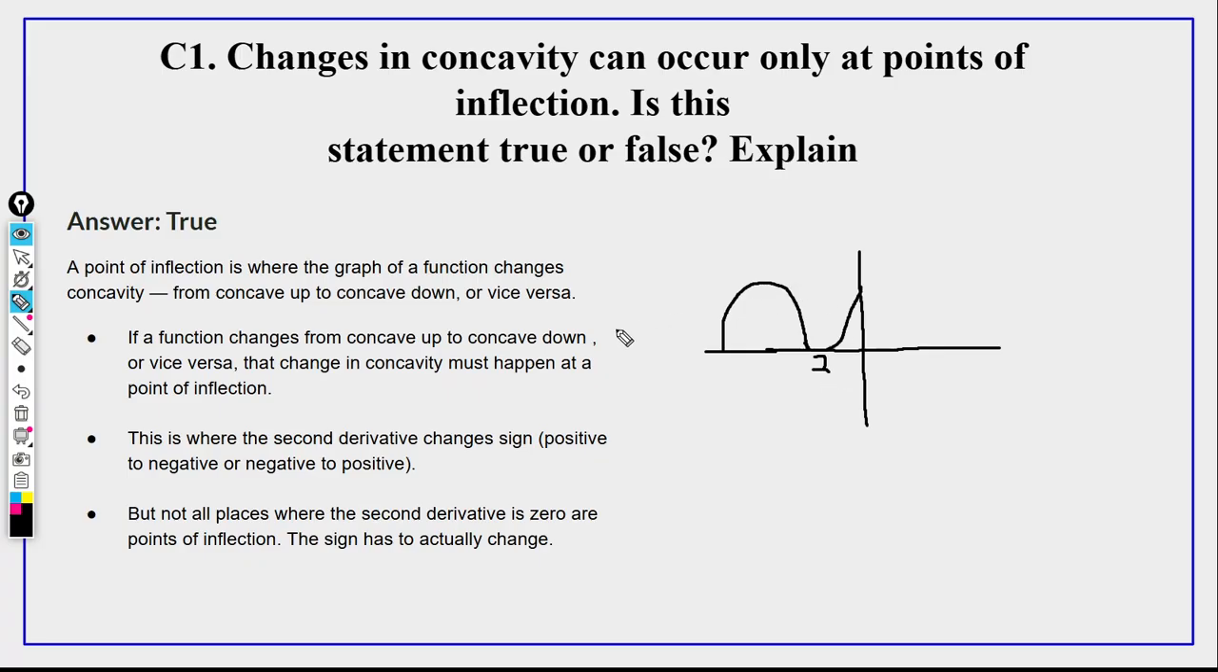So you see, this is where it changes signs. And change in concavity must happen at a point of inflection, see? Point of inflection. And this is where the second derivative changes sign from positive to negative or negative to positive. So negative to positive, I'll show you guys. So if it goes like